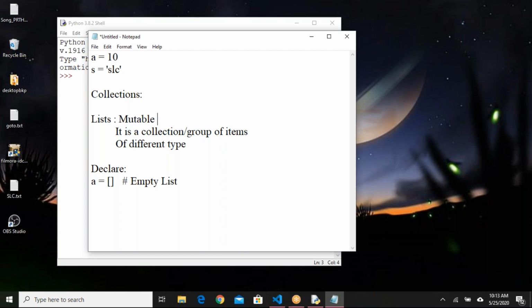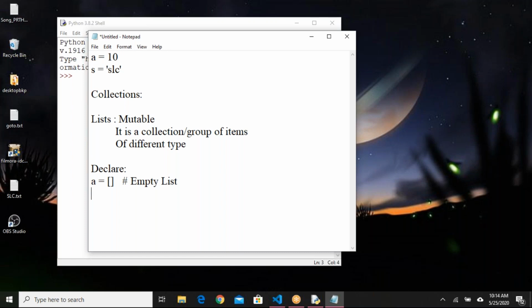Someone may ask, what is the difference between mutable and immutable? Mutable means once you declare an object, you can make some changes to it. That means you can add some elements to it, you can update elements, you can delete, like that. You can perform some CRUD operations against it. If you can perform that kind of operations, that is known as mutable. There are some collections like tuples, they are immutable. Once you declare with the data, you cannot edit it. Frozen set is there, like that. We'll see examples one by one.